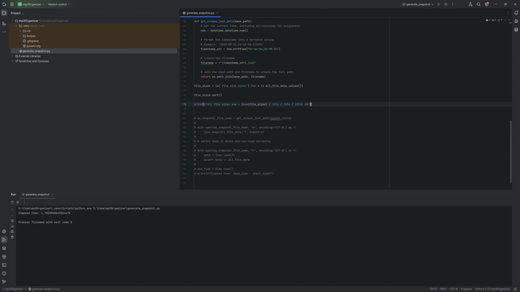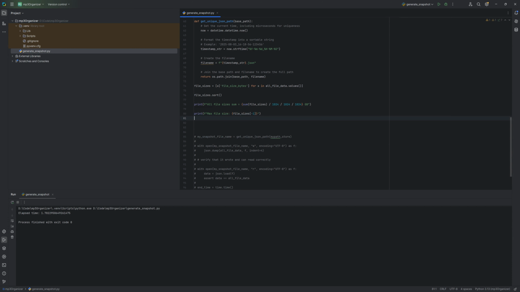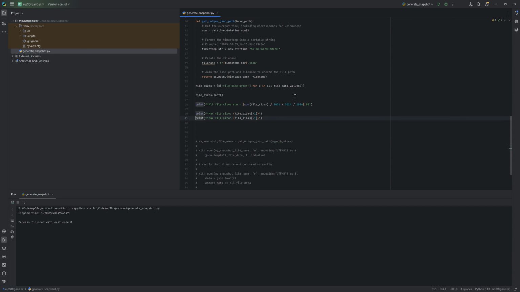Yeah, and then we will say max file size is, I mean, that would work, but that wasn't how I was going to do it. And then we were going to say